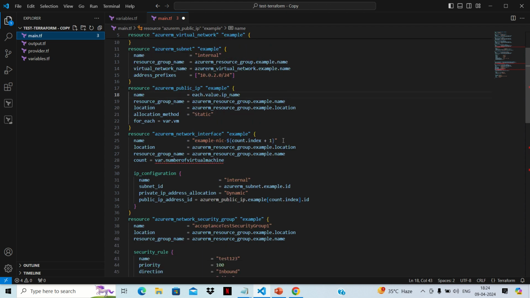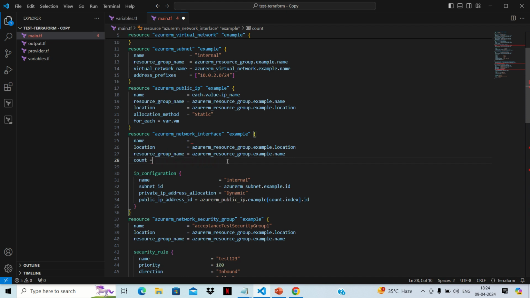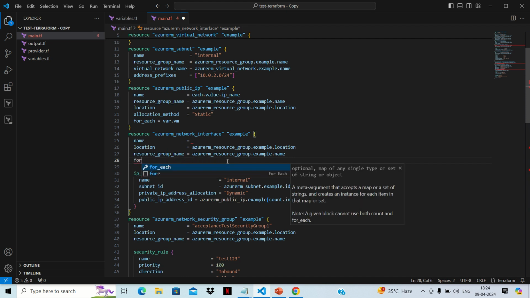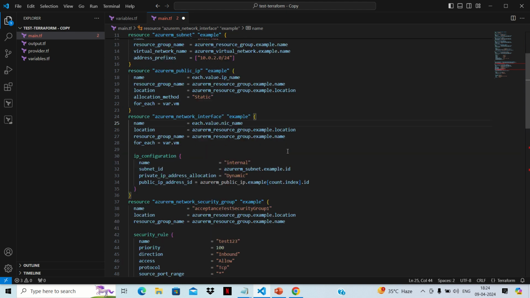Similarly, if we go to NIC also, we don't need to do much. We just remove it here, and firstly we need to remove this count here, and we need to use the same thing for underscore each, which is equals to var dot vm. And here, the value we want is each dot value dot nic underscore name, as we have given there as a group. So this is also done, and here we are passing count dot index. So here we need to pass